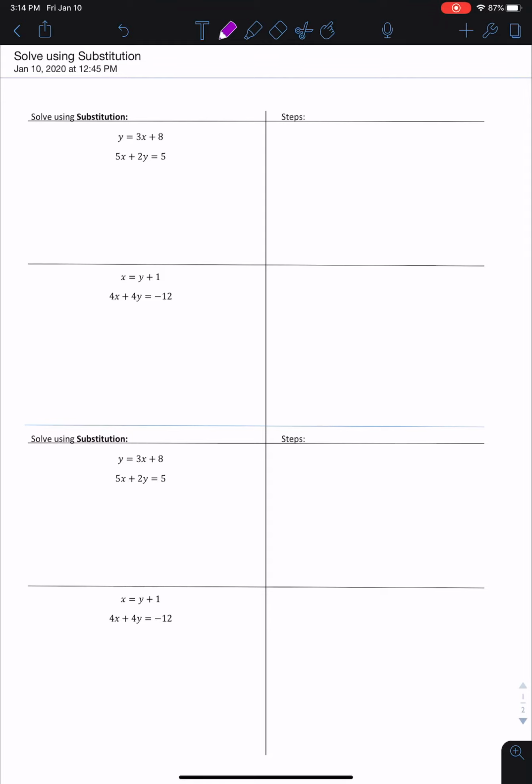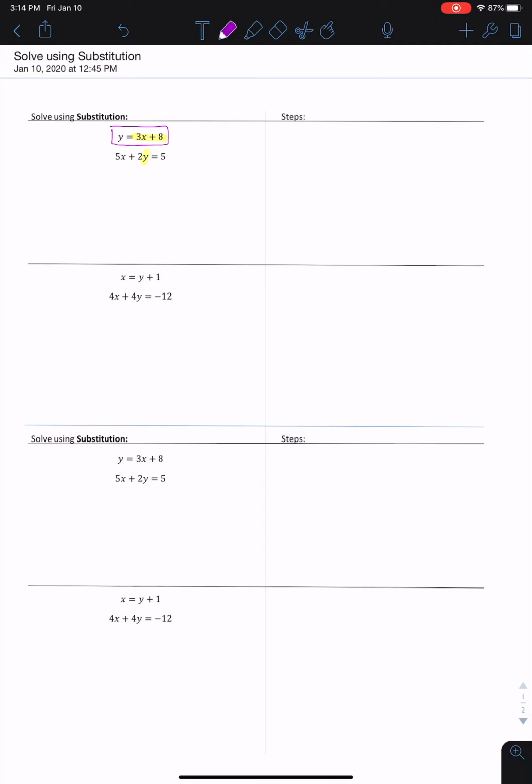expression, okay? So first we know that y equals 3x plus 8. We also know that 5x plus 2y is equal to 5. You need to identify the equation that is already solved for something. The top equation I have is already solved for y. Now, if that y is equal to 3x plus 8,